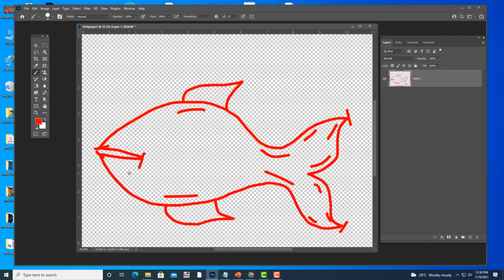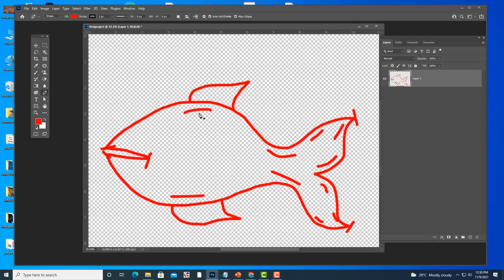Okay, so P, the pen tool is active, and then I will start at this point. And see, whenever you are using the pen tool, always check the option here. Many people make this mistake. It should be shape. It should not be path. I will tell you about path later, but when you are creating a shape, always make sure that the shape option is active. Okay, and I will start at this point.